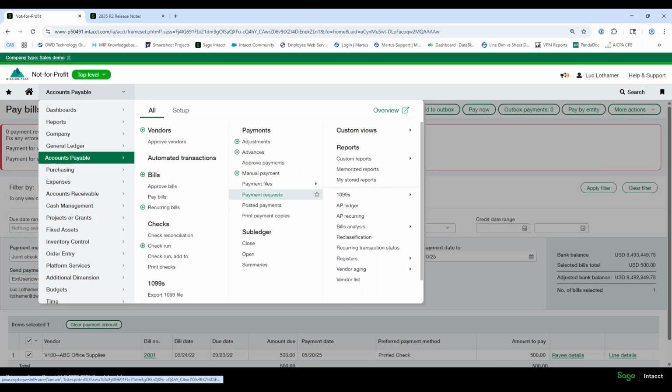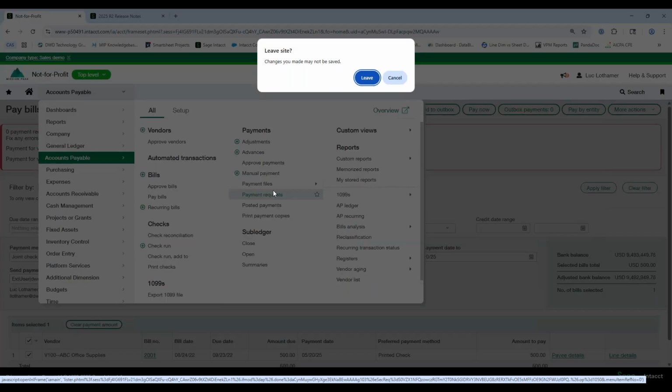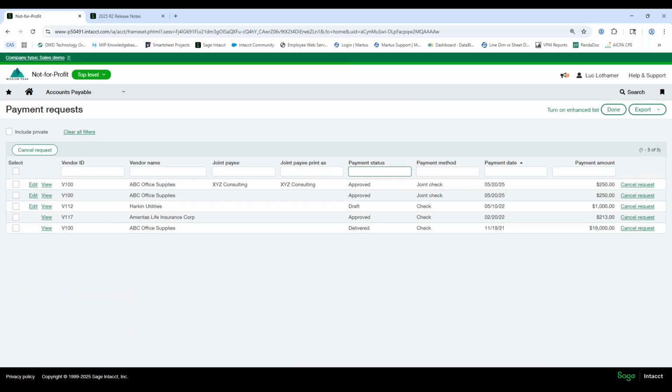Right, so I might have made it think a little too hard here. Let's see if it went through by chance, and it did. So I tried to do that request again, and the software told me you can't do that because it's already been processed. So when I go out here to the payment requests, you can see the two that are marked